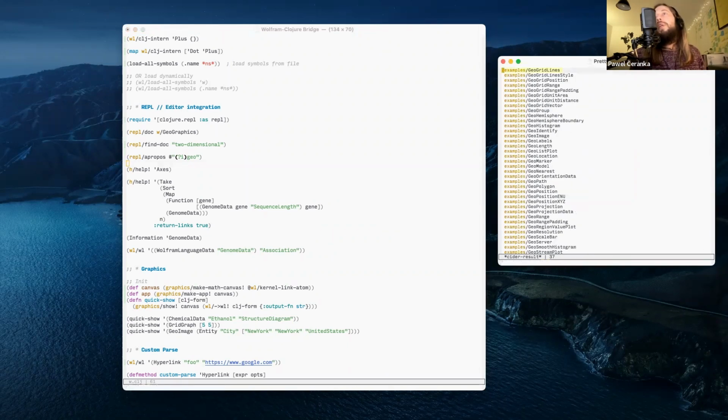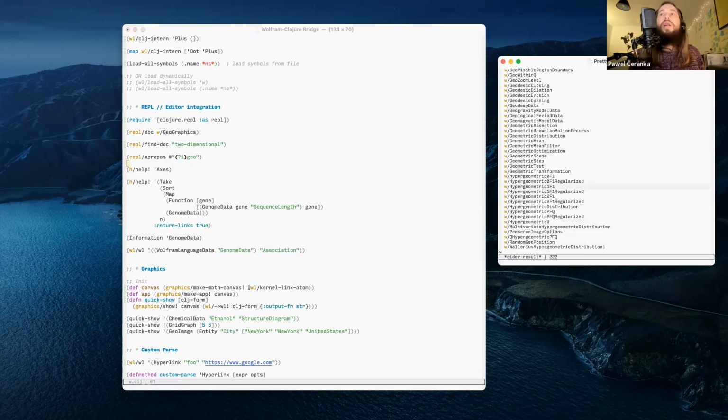You can also use regular expressions to search for the symbol names, in another namespace. So whatever you have, like geo, case insensitive. Like I said, they have cool documentation, so why not use it directly?